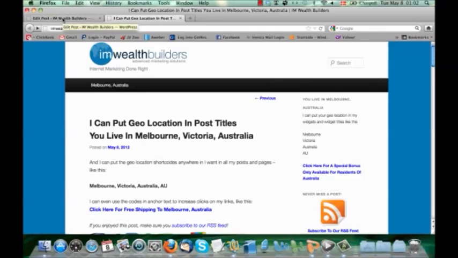So that is pretty much it. As I said, it's very simple, but extremely powerful to be able to display your visitor's actual geolocation anywhere on your blog. So right now I'm just going to go back to the slides and show you a few examples and strategies of how to really take advantage of this.